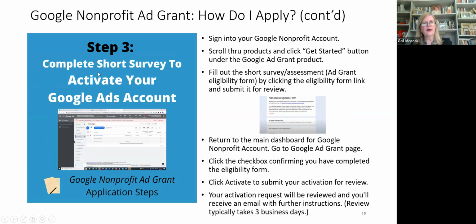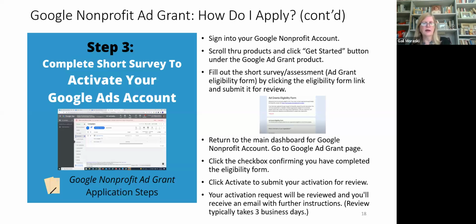Then once you have your Google Nonprofit account set up, you're going to sign into it. You're going to scroll through the products and click Get Started under where it says the Google Ad Grant product. You're going to have to fill out a short survey, like I mentioned earlier, to show that you know the basics of Google Ads, generally how they work.